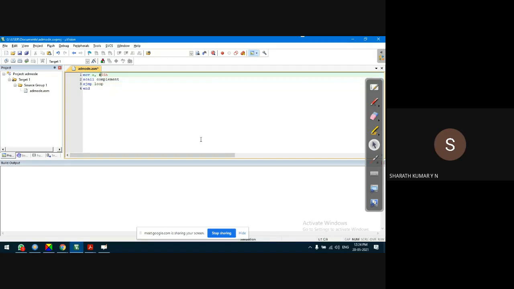That's all. So somewhere here we have the loop label, and we have the target address.